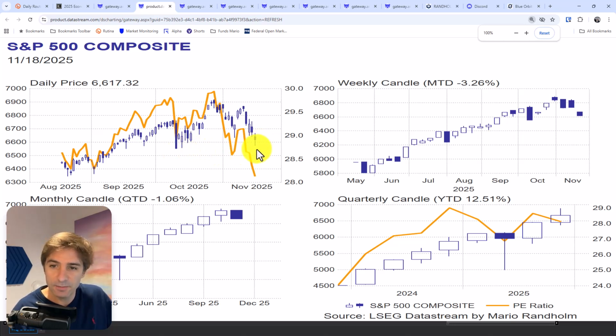At this area, you can see this is when Trump announced extra tariffs. We could retest that area soon if we don't turn around before the end of this week. Month to date, the S&P 500 is minus 3.2 as of the close of yesterday. 3 weeks in a row down, right? Now the monthly candle is closing at the low, which is not great. The quarterly candle is retracing from the high. It's not that bad, right?